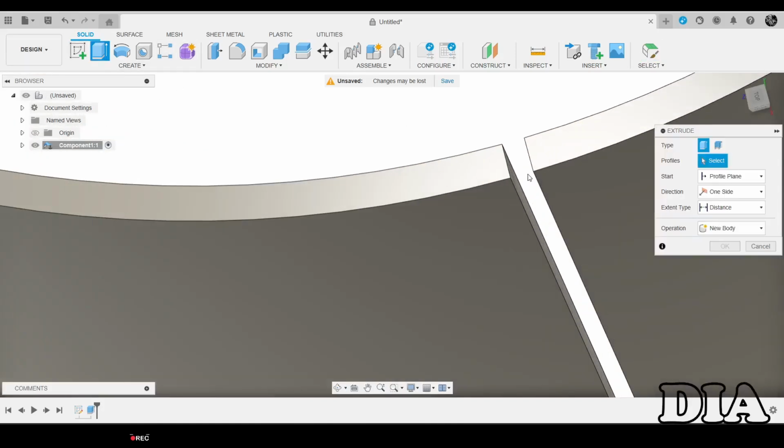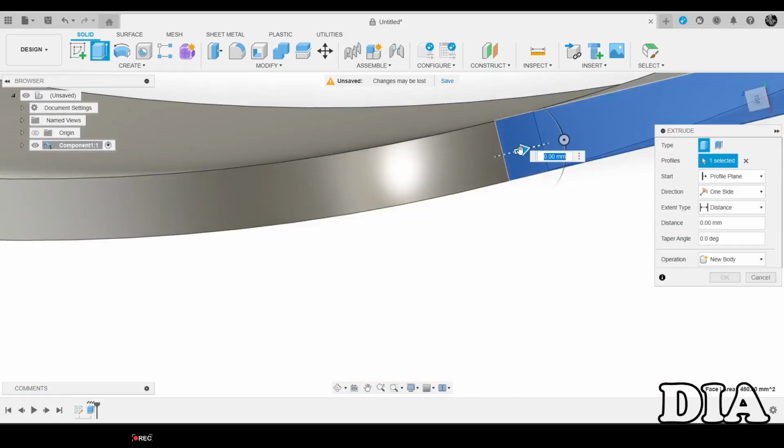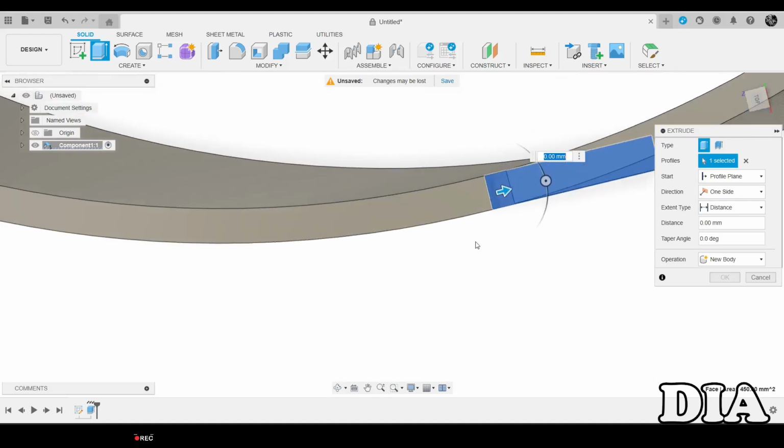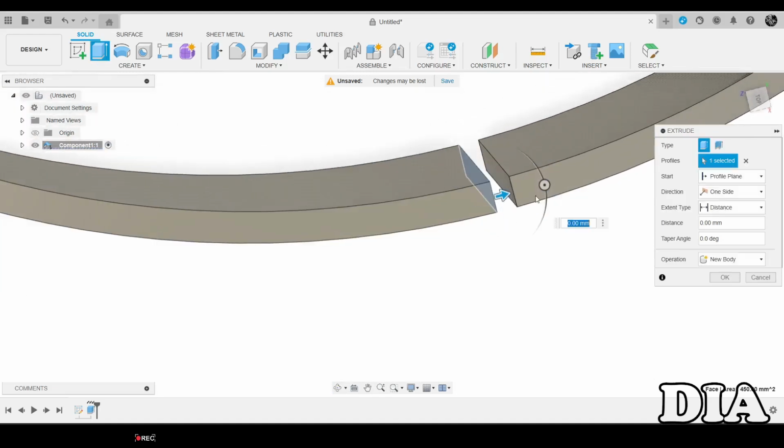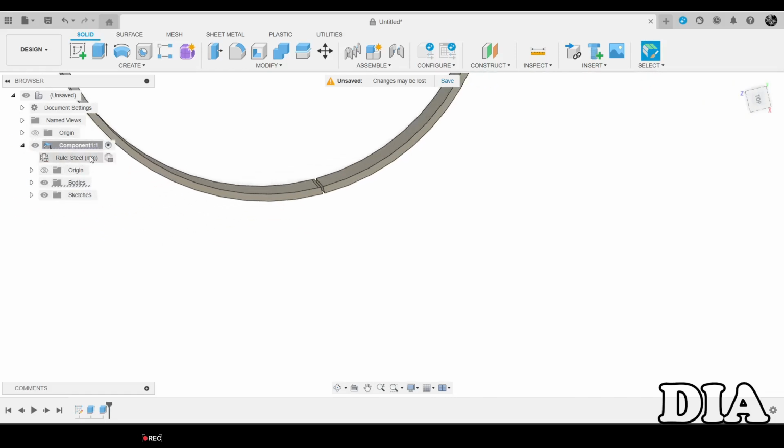Now for you to be able to flatten this, you still need a flat section. Certainly there's a flat section. Let's say one. Now sheet metal rule. Okay, before that,